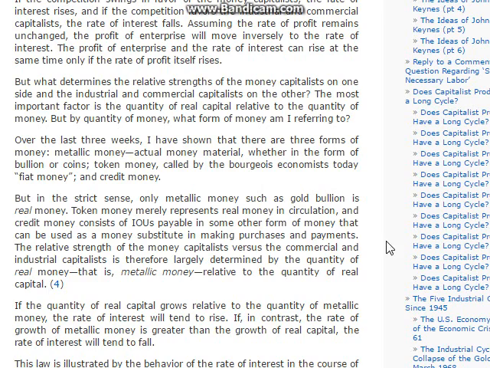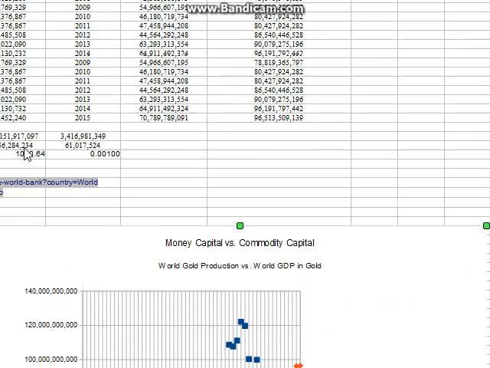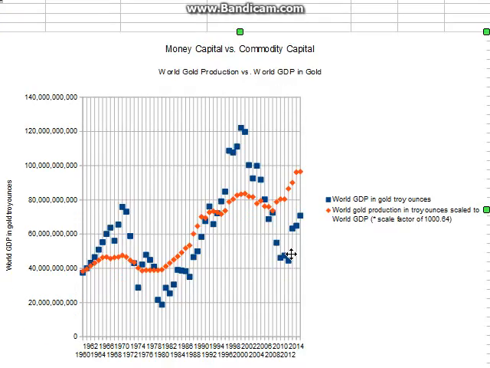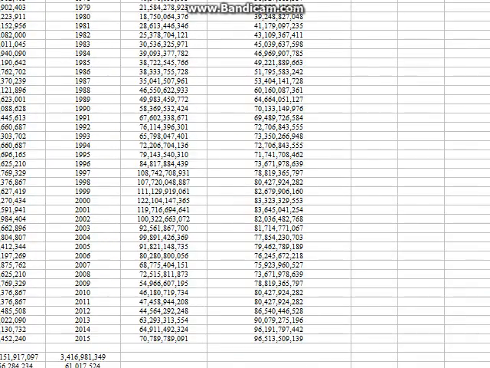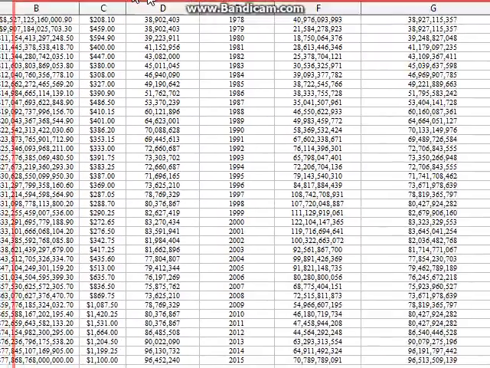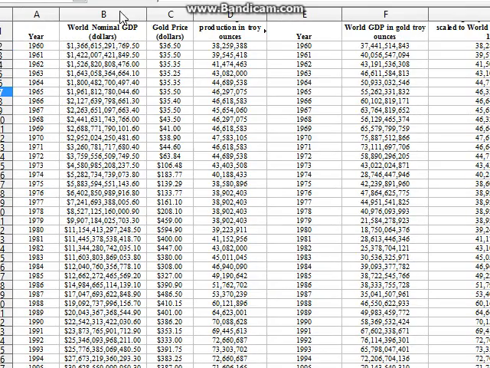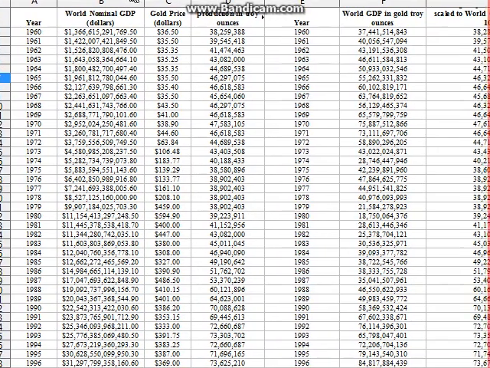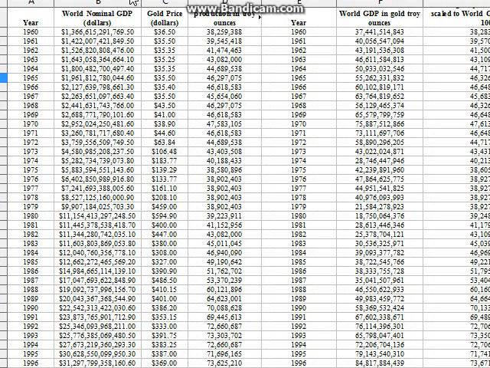That's where I got to thinking. Here's the graph that we'll get to, by the way, in a second. But I got to thinking, well, you would measure commodity capital in terms of GDP, but it's not good enough to use GDP denominated or